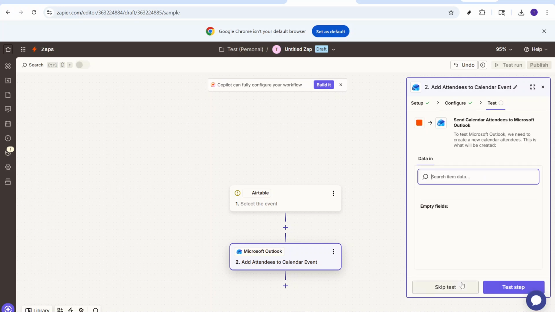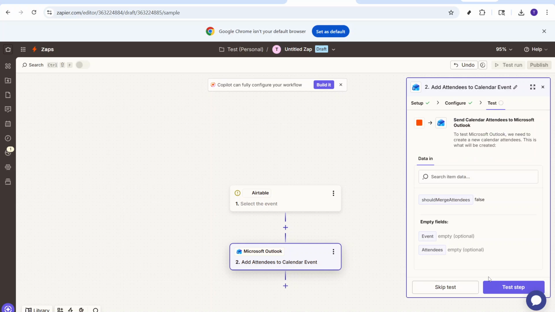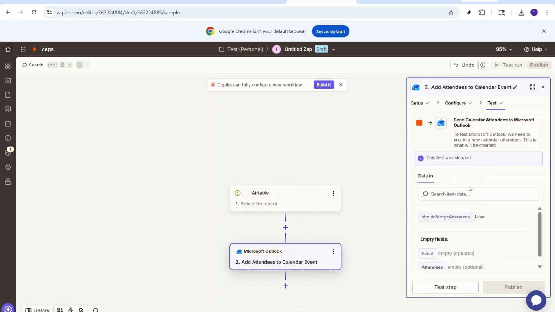With everything mapped out, you're almost there. All that's left to do is activate your Zap. By doing this, you're effectively setting the integration process into motion. From here on, any relevant changes in Airtable will reflect as events in Outlook, saving you time and keeping your